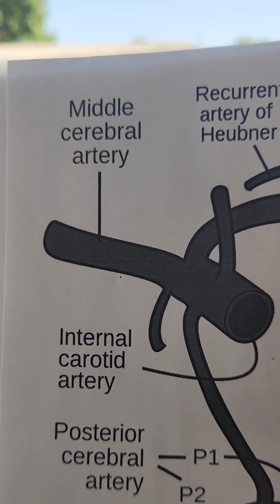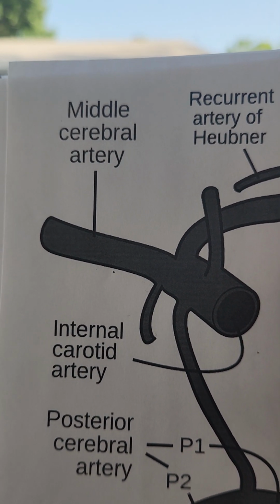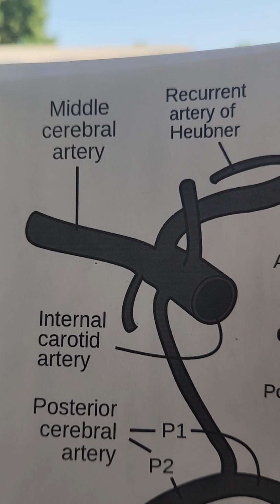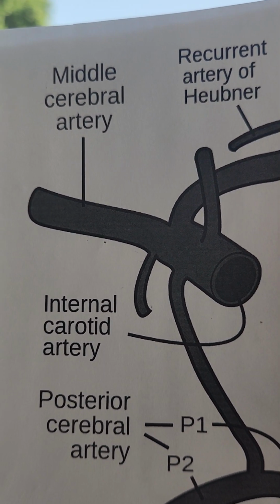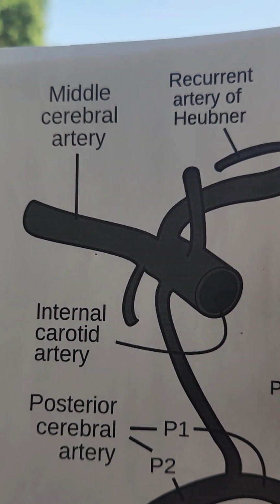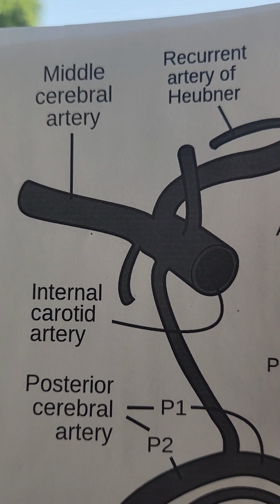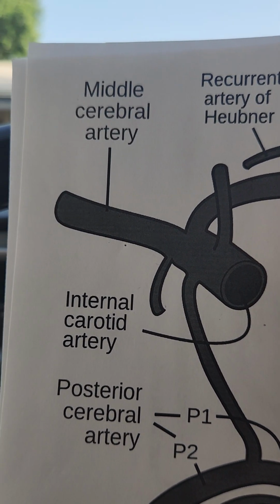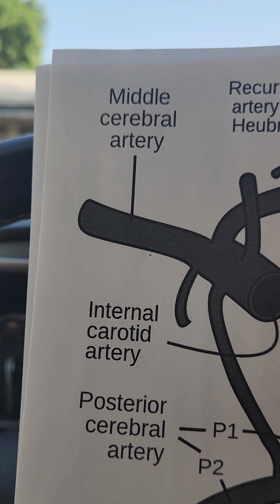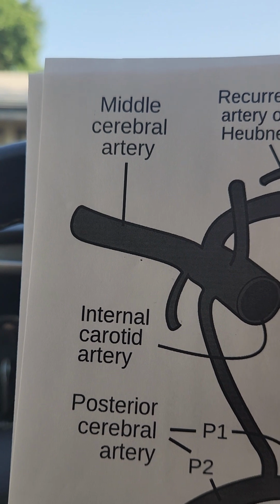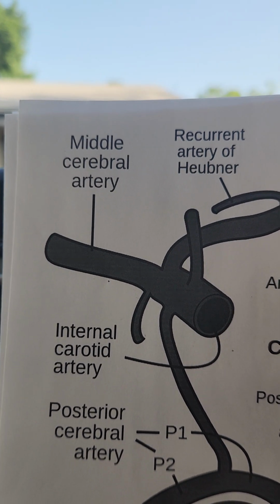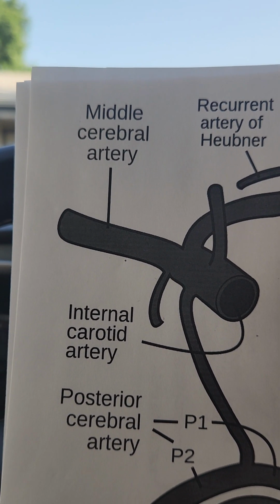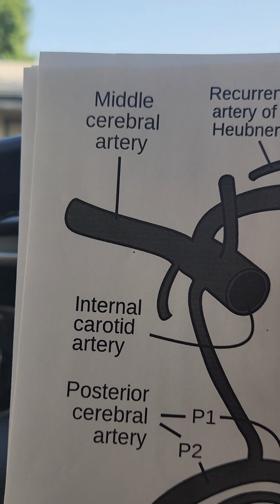I'm going to turn the picture to the middle cerebral. This little artery right here is the most common artery involved in an acute stroke. This little puppy right there, middle cerebral artery. This does not mean that strokes do not happen in other arteries. I want to make that clear. Strokes can happen in other arteries, because they can. Okay? But I found this very interesting. The most common artery involved in acute stroke is the MCA,